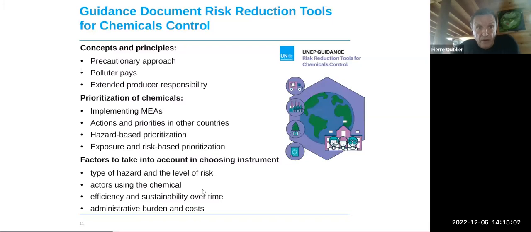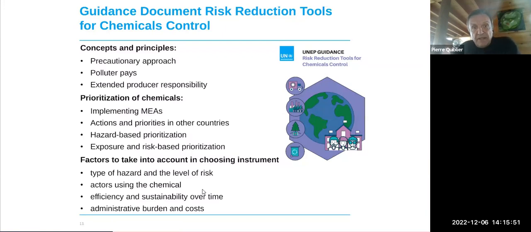With regards to the second document, the guidance documents on risk reduction tools for chemicals control, it provides the concepts and principles, which revolve mainly around the precautionary approach, the polluter pays principle, extended producer responsibility, how to prioritize the chemicals, what is needed in terms of responding to the need to implement the multilateral environmental agreements, the various conventions related to chemicals management, the actions and priorities in other countries, hazard-based prioritizations versus